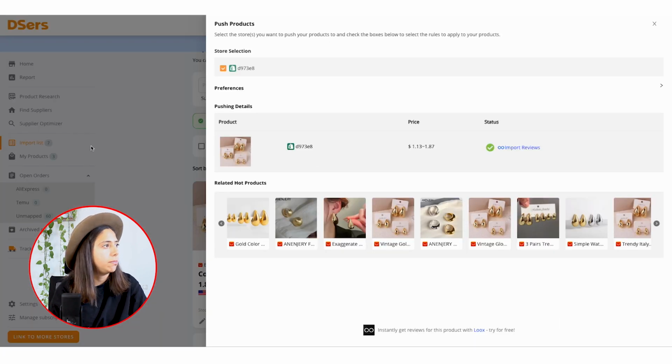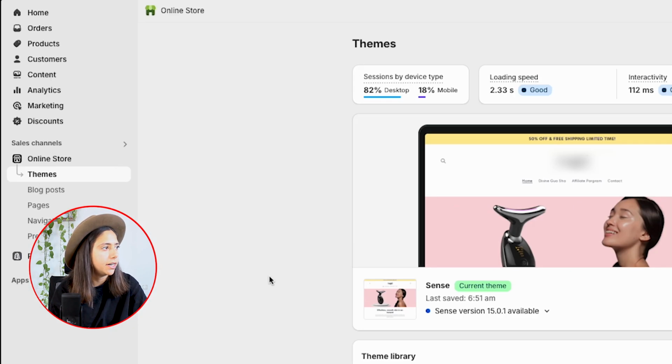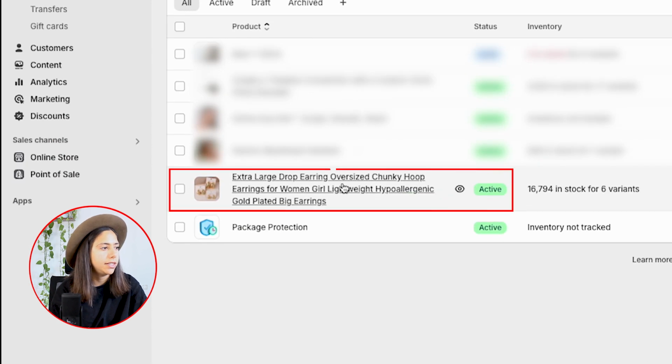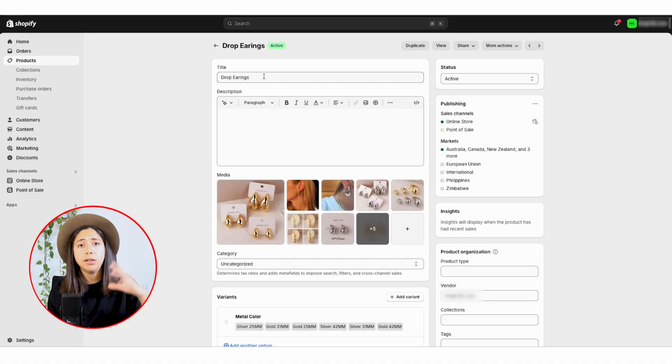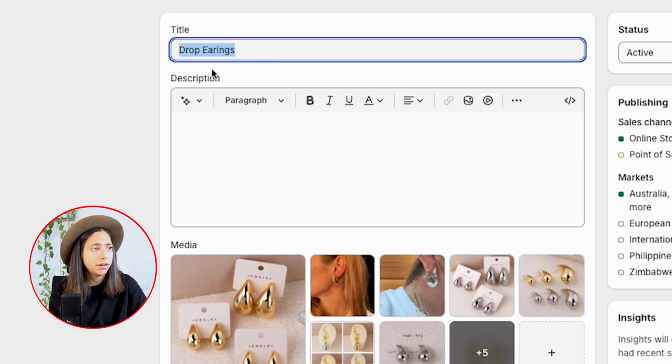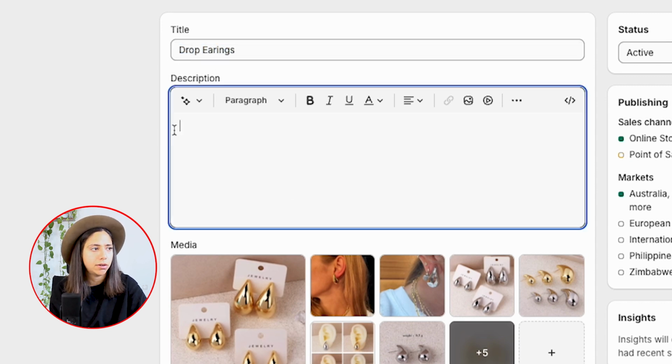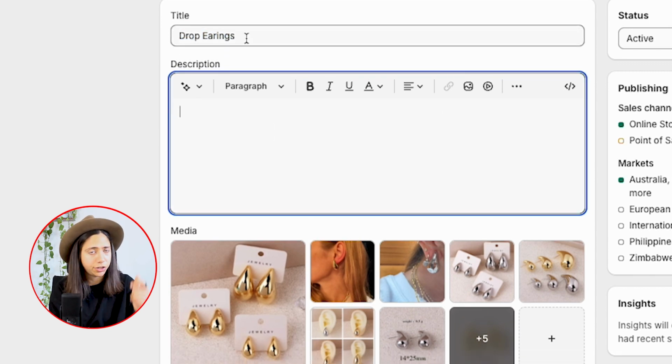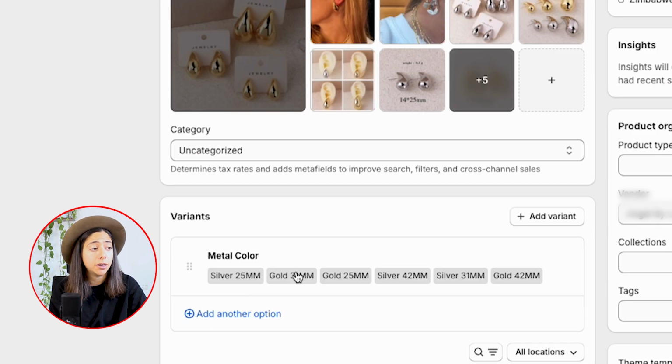All right, now it should be in my Shopify. So all I have to do over here is go to products, and as you can see, it's right there. So once the product is imported onto your store, you can edit up the title over here. You can edit up the description. So I like to take off the description, title straight to the point, and then you can edit up the